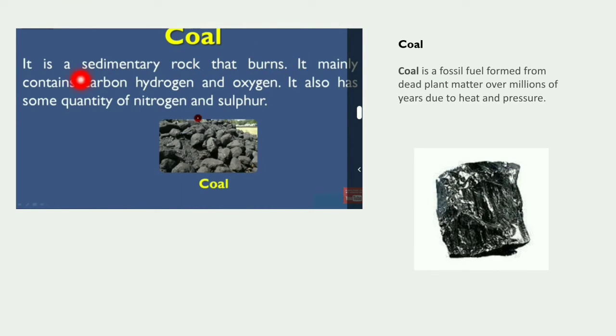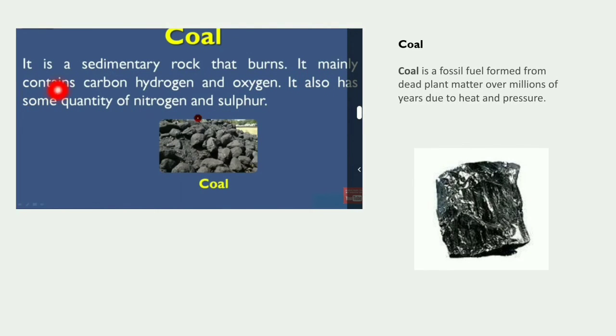So what is coal? Coal is a sedimentary rock. Why are we calling coal a sedimentary rock? Because sedimentation is a process. Suppose you take a test tube, fill it with water and pour sand into it. The sand will settle down, isn't it? That is called the sedimentation process. Alright, so we will learn that after years of the sedimentation process, coal actually formed from the dead organisms. That is why it is called a sedimentary rock.